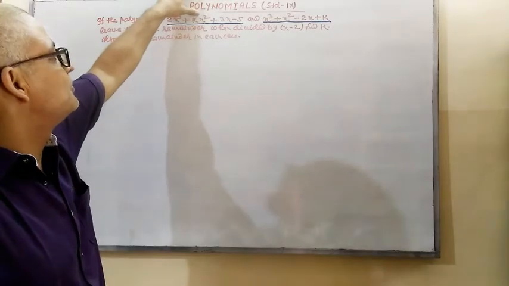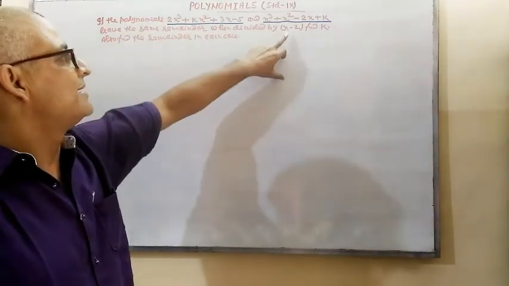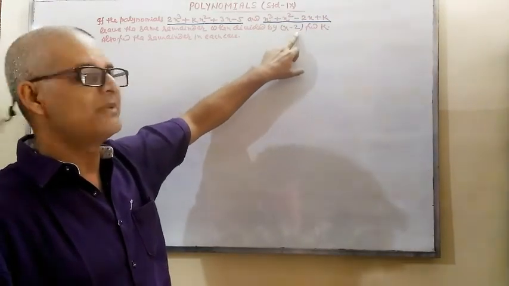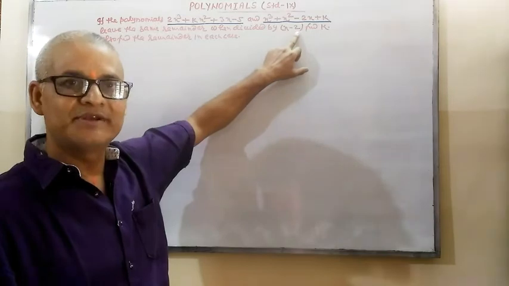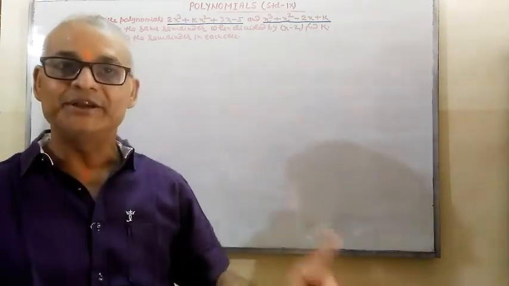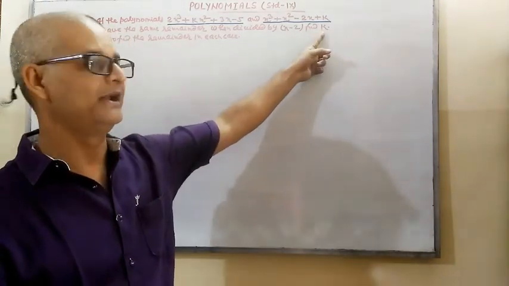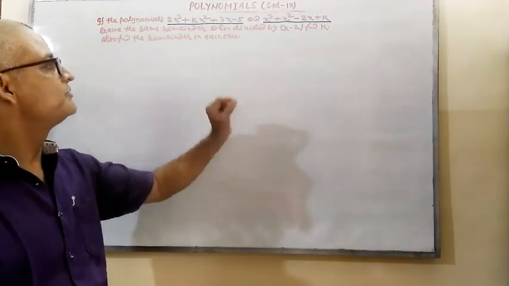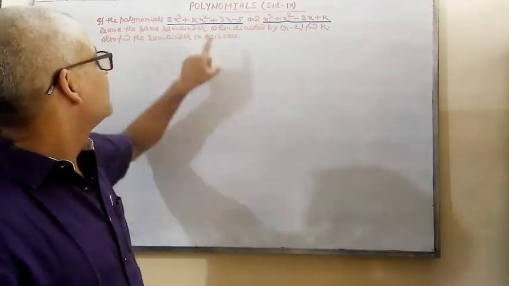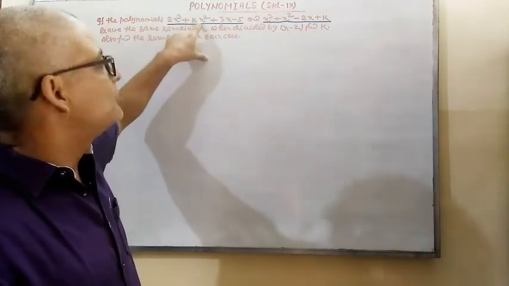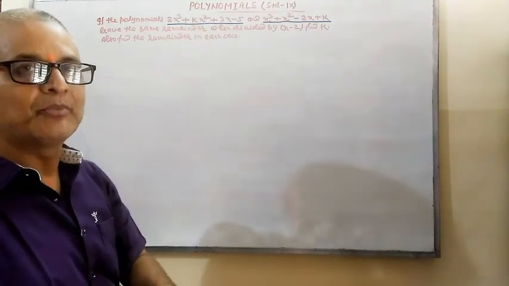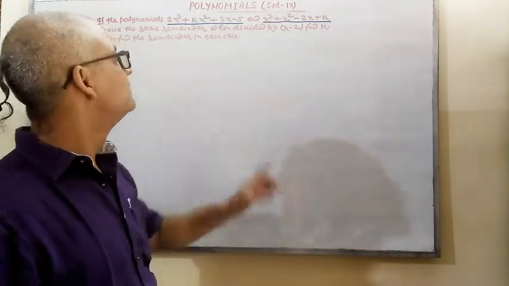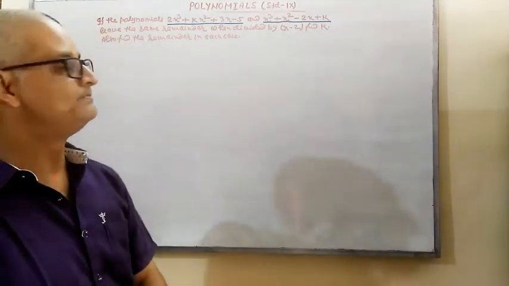It means when this polynomial is divided by x minus 2, whatever the remainder is, and when this polynomial is divided by x minus 2, whatever the remainder is, both the remainders are equal. Find k. The second question is, also find the remainder in each case. It means when we get the value of k, we substitute that value of k in the original polynomial, then we will get the exact polynomial, and in that case, what is the remainder? Okay, so first we will find out the value of k.